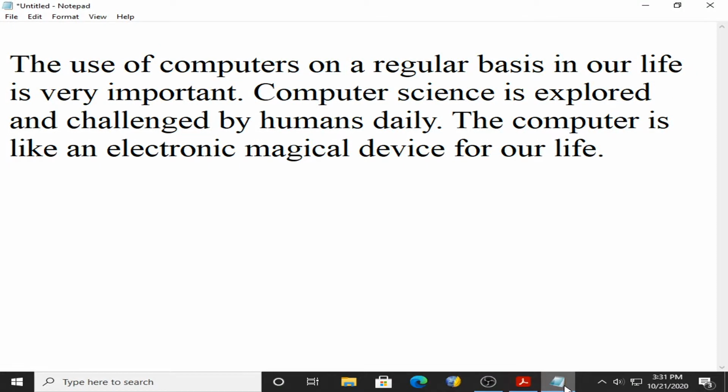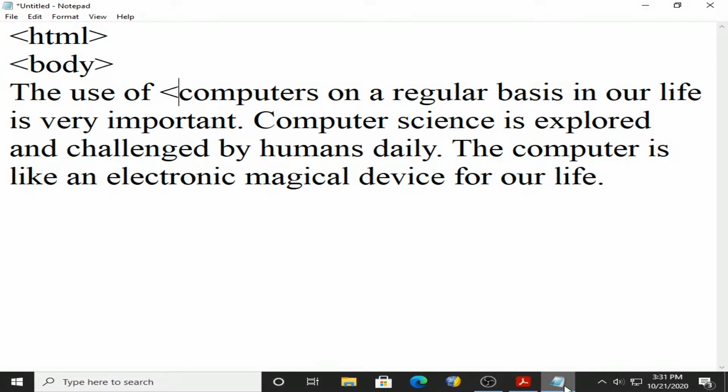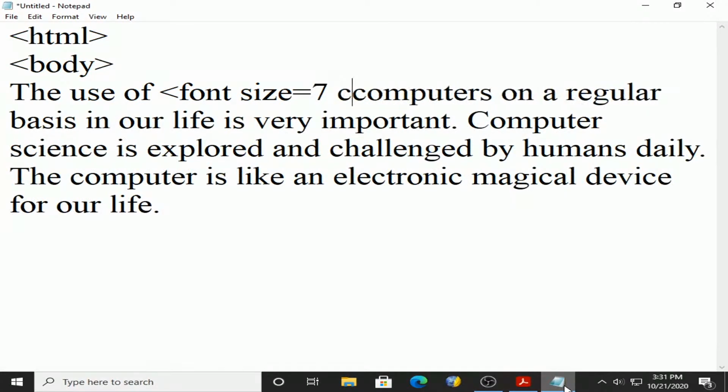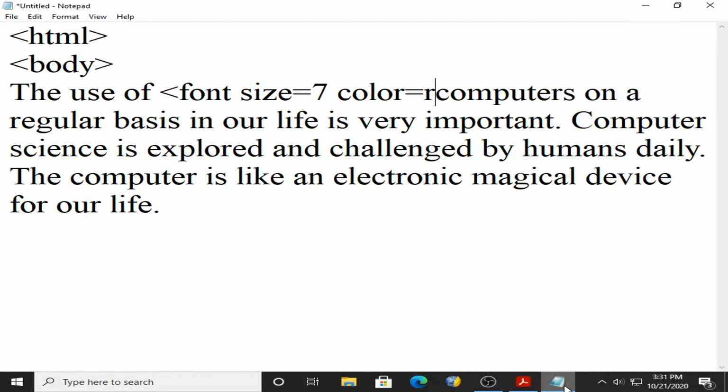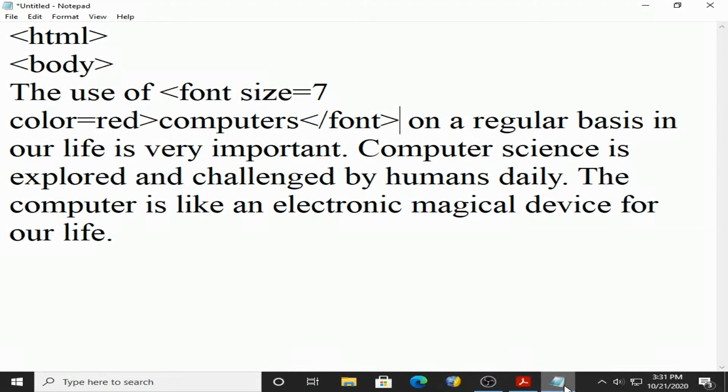So we learned in HTML that the place where you want to change, you can write the font tag with size attribute and color attribute also. And when you want that effect to be stopped, you can write /font.